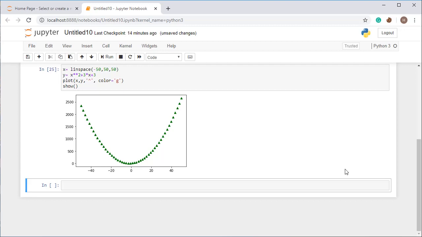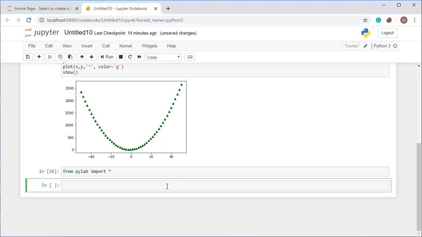I've already shown you the sine graph and cos graph. Now, mixing them up, I'm going to show you a pattern which will look so good. So let's create a pattern with the help of sine and cos, so that you can put it on your WhatsApp status, Instagram status, wherever you want, Instagram stories, sorry. So from pylab, import star. If you have imported already, then no problem. If you have not imported, just import all those things.